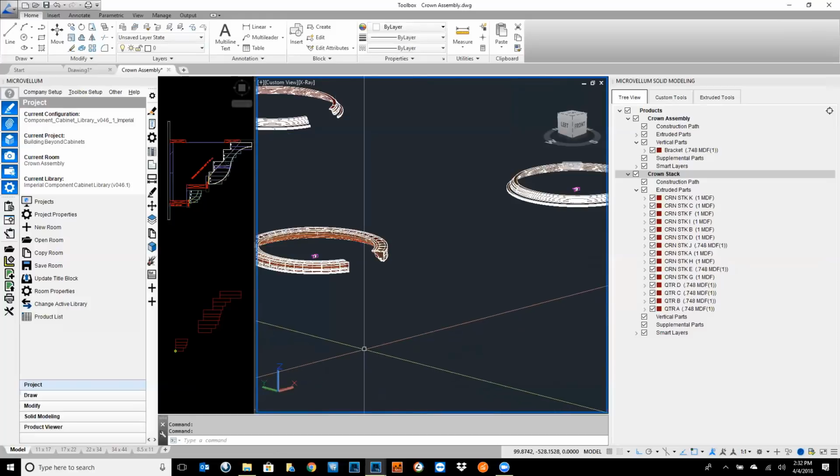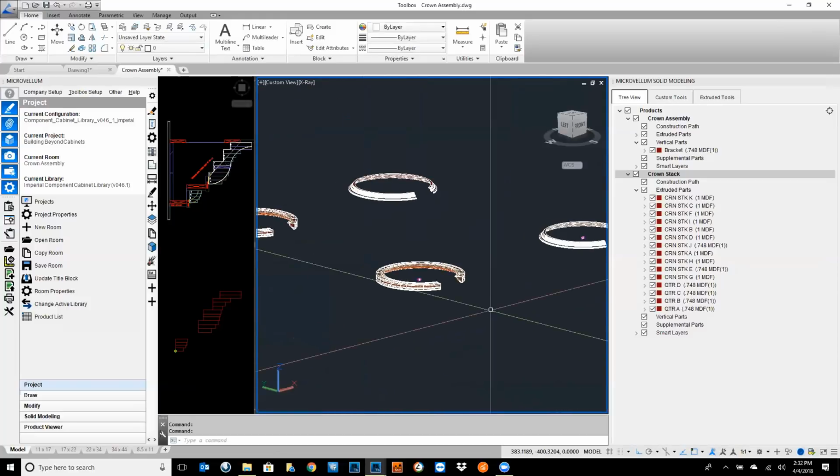Rob, what do you think that would have saved you just on this one row crown molding? 7 minutes processing time versus 7 to 8 hours. I'd say about a 60-fold. Okay, cool. Brief question for you. Once you have that product, can you alter its exterior radius? Yes,